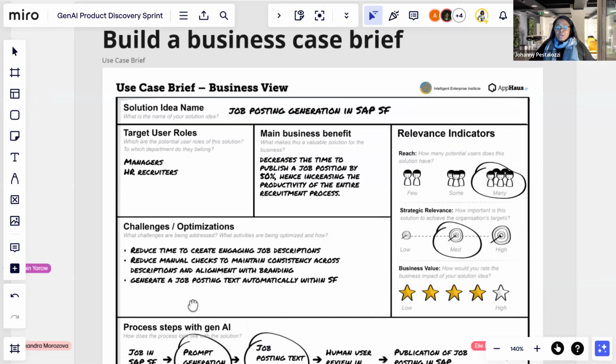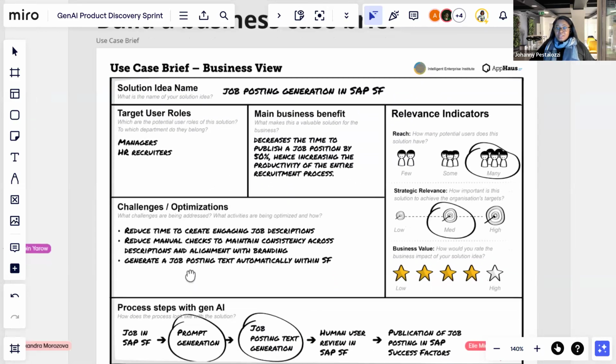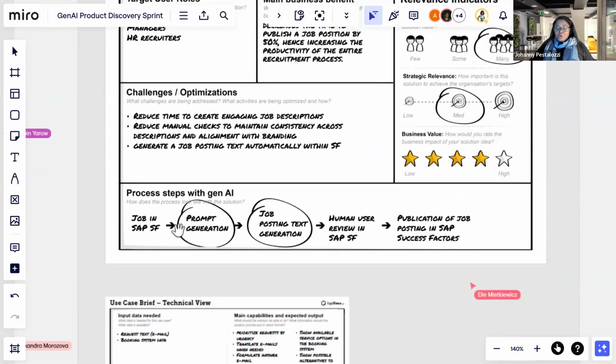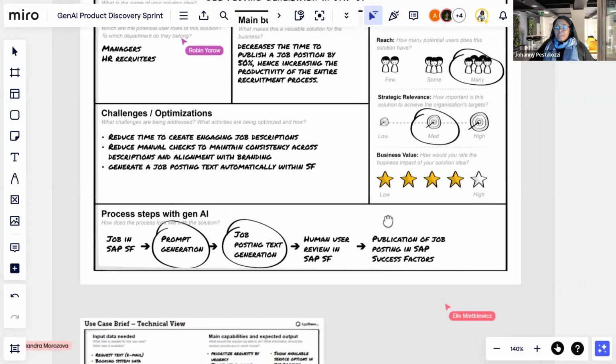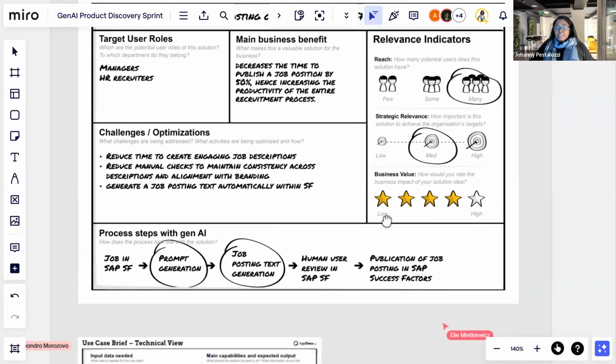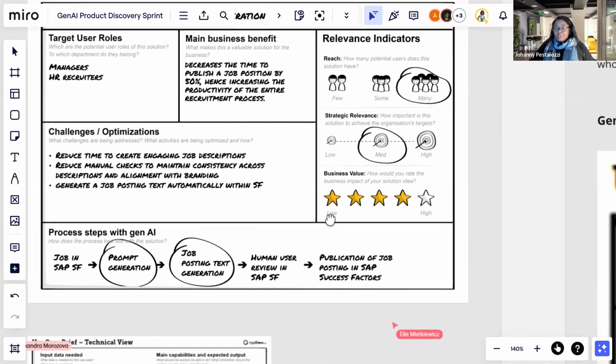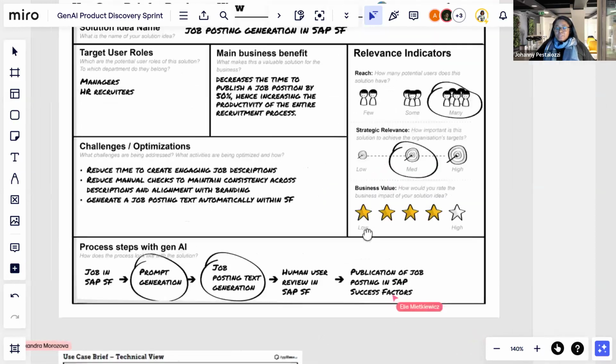In this case, it was about the job posting generation in SAP. The steps were essentially: first job in SAP, prompt generation, job posting text generation, human user review, and then publication on job. So it was essentially for them to help the HR team to post job descriptions on their portal. It's just for you to start reflecting in which way this tool may be used,